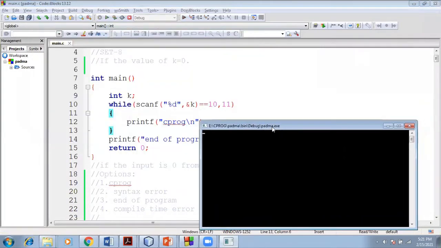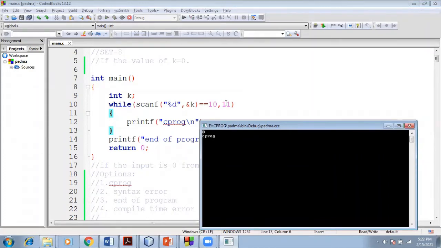the first point you have to remember is, this is the first expression. First I have to give an input through the keyboard. Suppose my k value is 0, 0 entered through the keyboard will be accepted and stored in the variable. This is the first expression, 0 equal to 10 is false, and it will check the second expression. In the second expression, this is treated as true. Then if I enter, C program will be displayed.